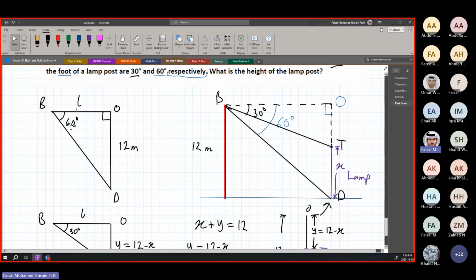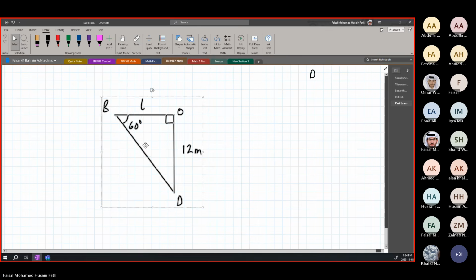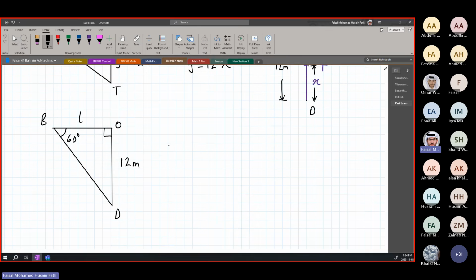How can we do that? Very simply, we have a right triangle. We have an angle of 60. We use our basic Pythagoras or sine rules and all the stuff we know to work it out. So how do we do that? If I just redraw this down again so we can solve for it. We know that sine of any angle theta is opposite over hypotenuse, sorry. Cosine is adjacent over hypotenuse. Tangent is equal to